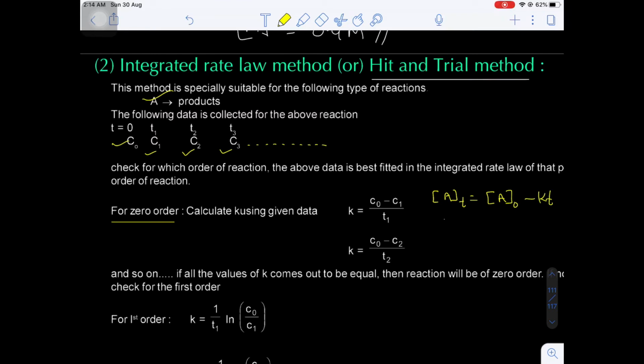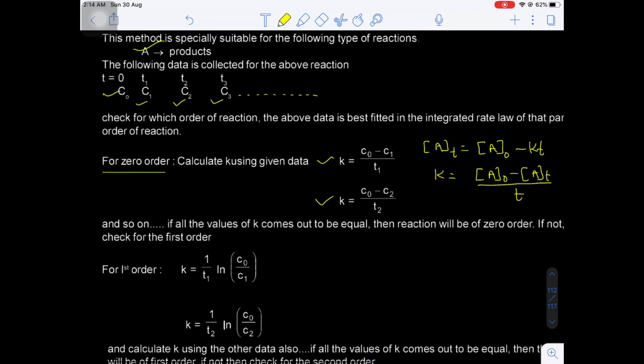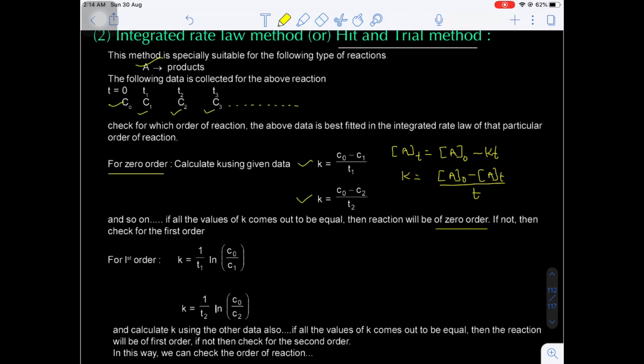From here, what is the k value? k equals the initial concentration of the reactant minus the concentration at time T, whole divided by the time taken. Now if you calculate the k value at least 2 times, and the k value remains the same, minimum 2 times, then the reaction follows zero order kinetics. If the k value is not remaining the same, then go and check